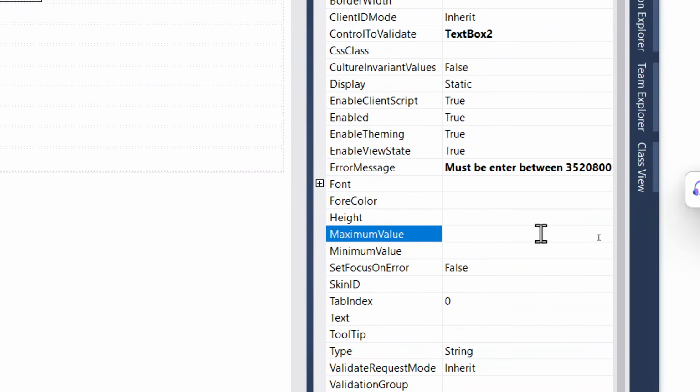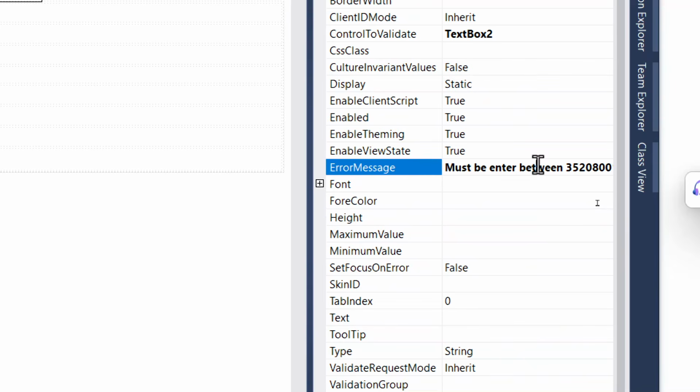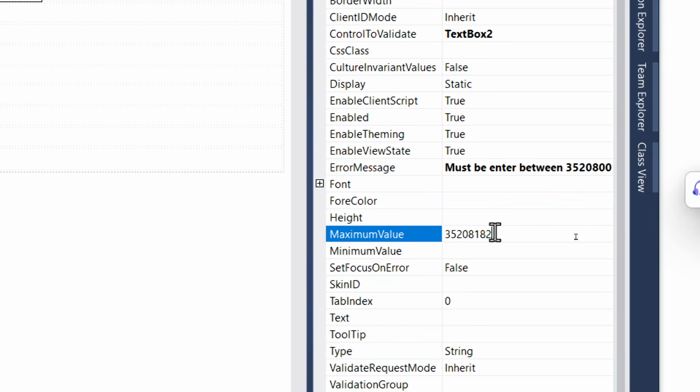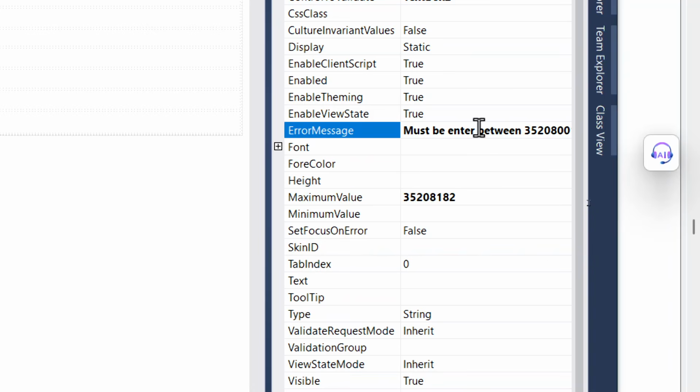So first you have to put the maximum, next one is the minimum. I'm going to go to my thing over here. This is the maximum, 3520 something. I'm going to just copy it and paste it. So this is the maximum range, and the minimum range is